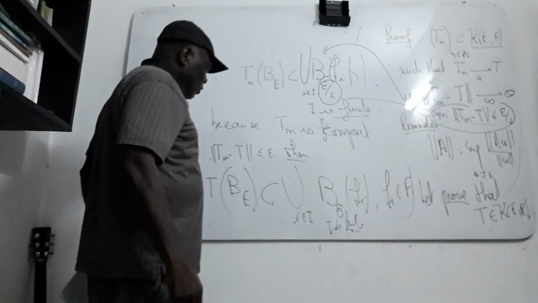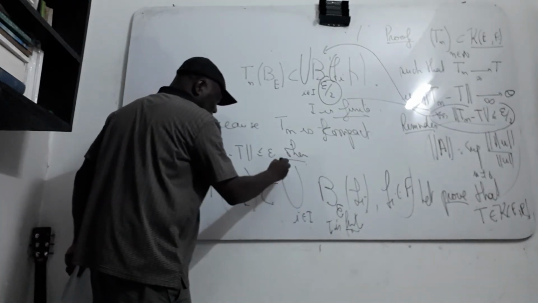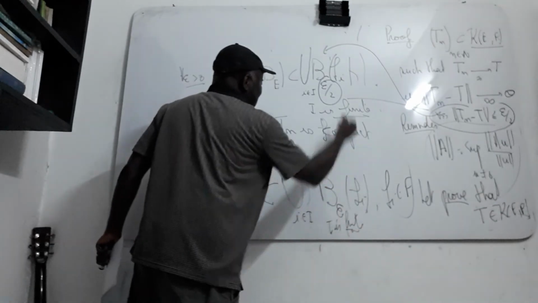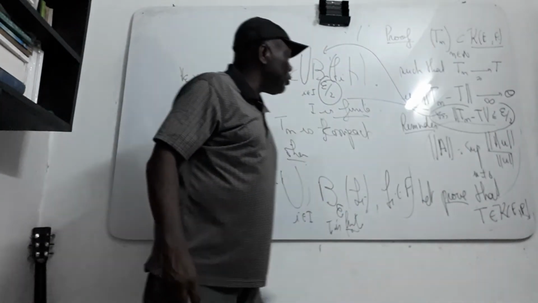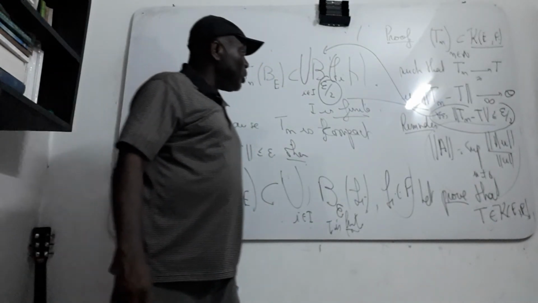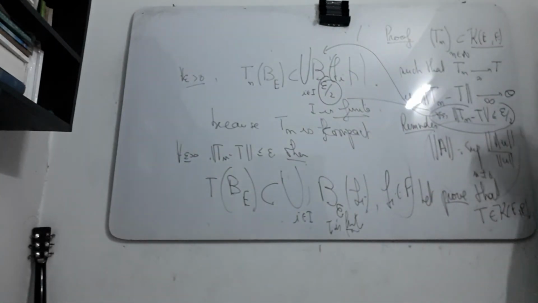Then that means that for epsilon you can include T in this union, when this one is bigger and contains this one also. From here, you can prove easily that you have this inclusion. Okay, so then you have this one. If one is less than this one, that means that the norm of this one must be less than this for any ball, right, which is kind of what you just proved.